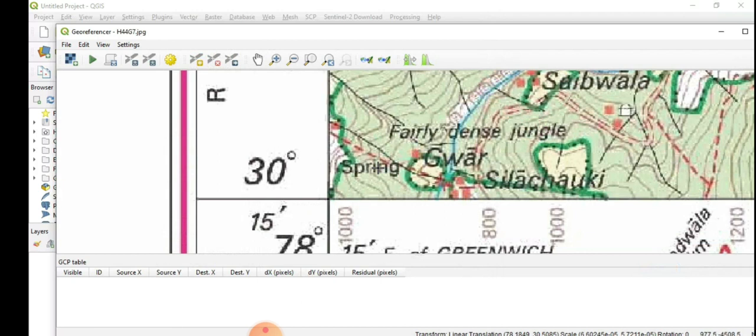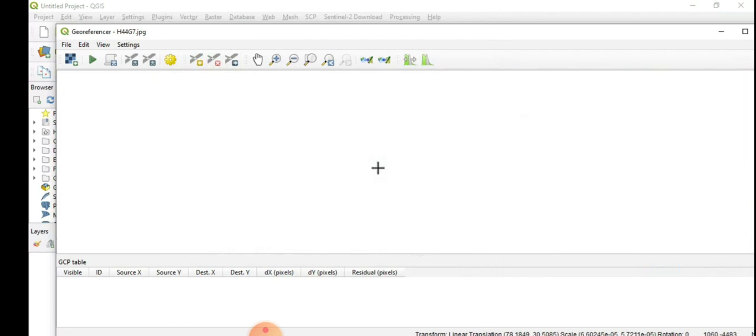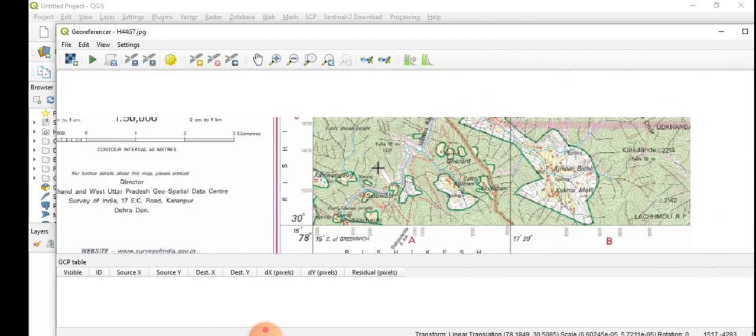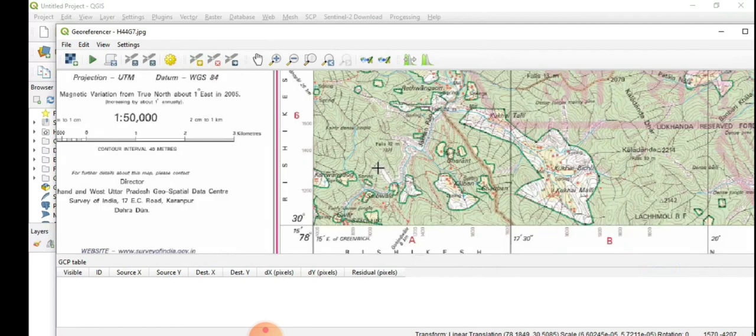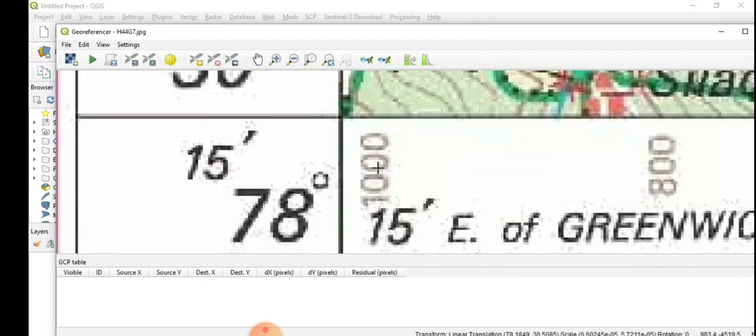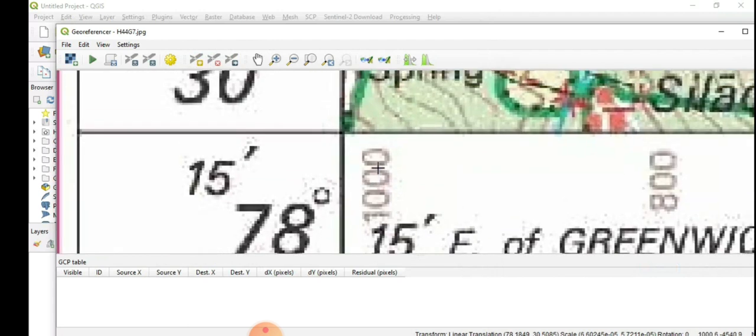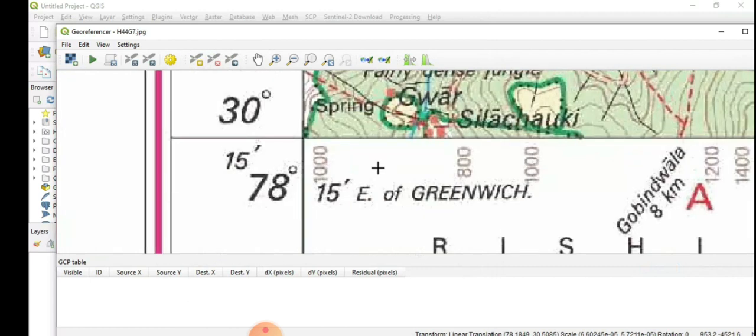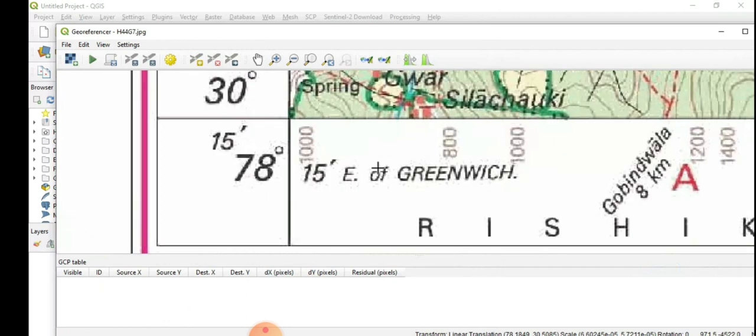Now you have to select the coordinates and enter those coordinates for the georeferencing. Basically, when I zoom in, I can place a point over here and these coordinates are visible: 78 degrees 15 minutes east and 30 degrees 15 minutes north.